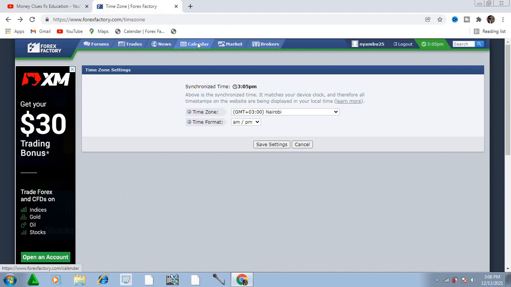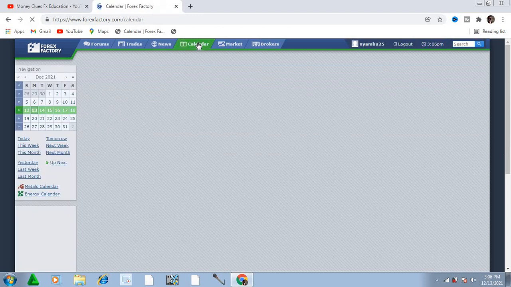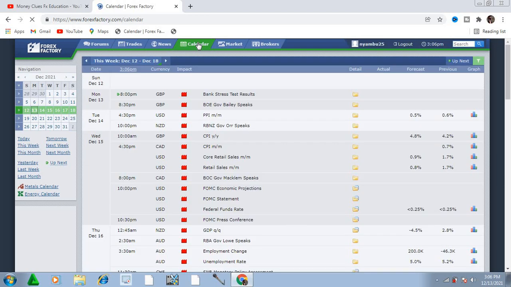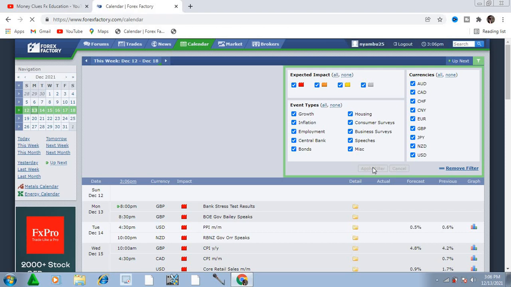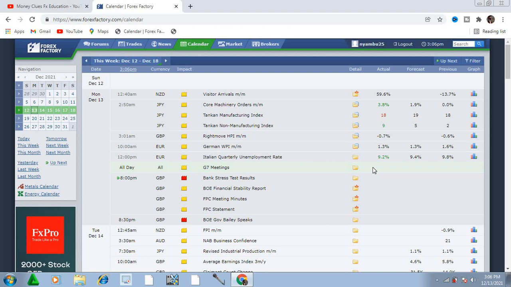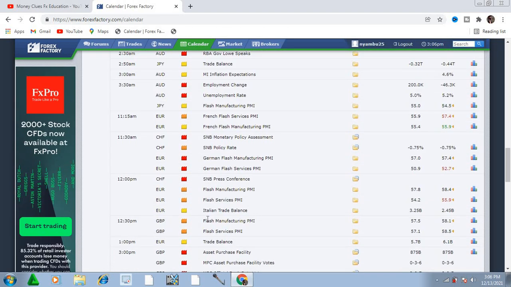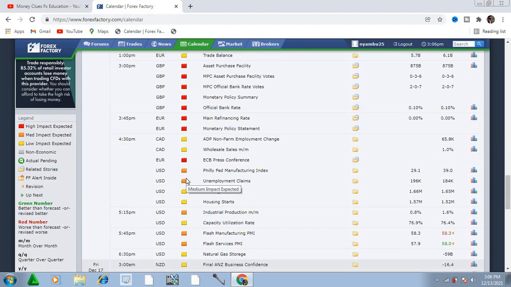So guys, you come here to calendar, okay? We have the most effective news, and we also have the news that are not that effective, meaning they will not affect you in any way. They're not going to affect the market that much. You understand? So you're going to see this news colored in yellow, and you're going to see those in red, and you're also going to see the other one in the, I don't know whether this is a brown color or anything. So you're going to understand the most effective news and those news that are not effective.